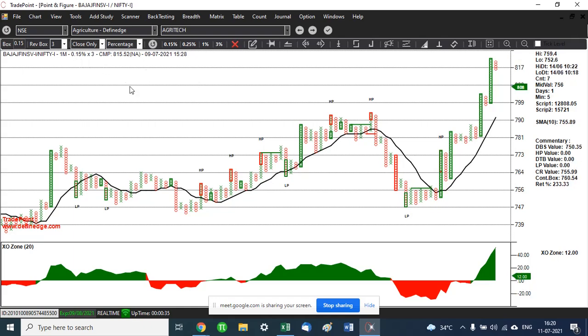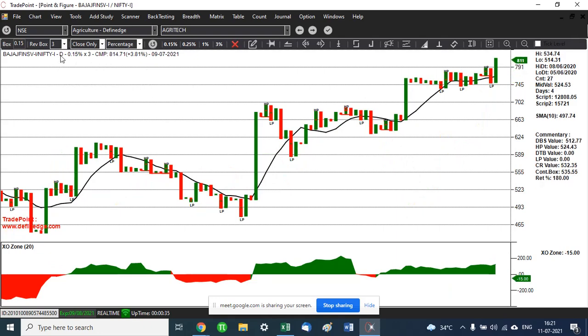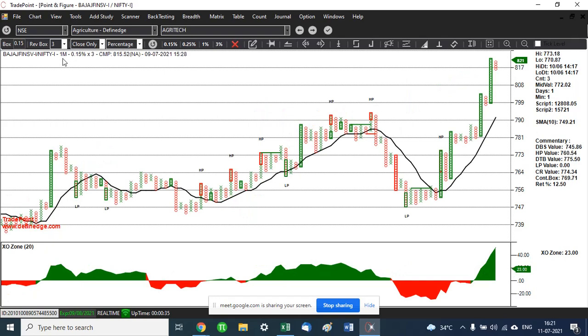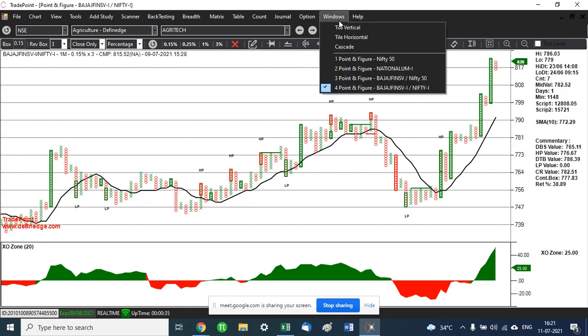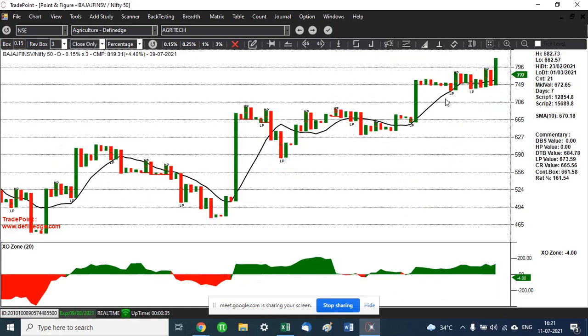Instead of daily chart, I press D, it becomes a daily chart. You see here, D is daily. I make it intraday, 1 minute chart. Then we get a lower box value and lower time frames to trade. So on the higher time frame, we have seen here that the stock is bullish.